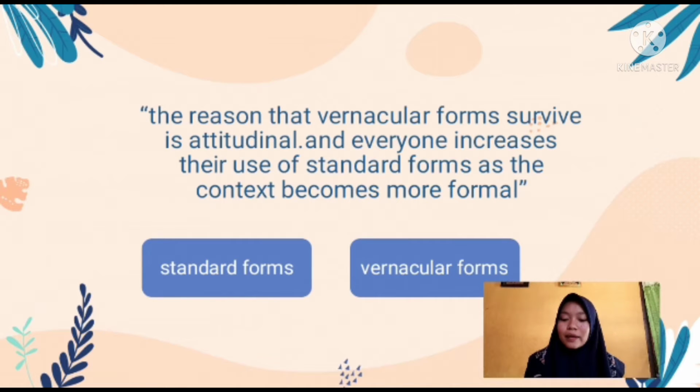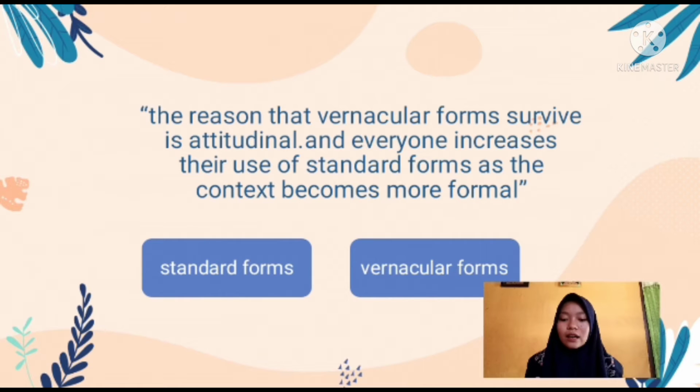It means that middle class children are unlikely to use any vernacular forms at all when they are asked to read aloud, whereas children from lower socio-economic groups may use some vernacular forms. The use of vernacular forms is clearly patterned and systematic, and it is not random and haphazard.